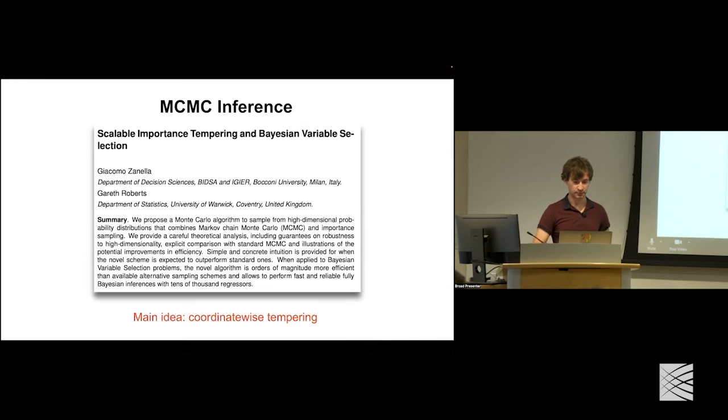But in the last few years, people have come up with a few algorithms that are quite a bit better at doing this. In particular, there's this cool algorithm from Giacomo Zanella and Gareth Roberts. If you're a nerd who's interested in Markov chain Monte Carlo methods, I suggest you read this paper because it's very interesting. But the basic idea is that we have this posterior that we're trying to explore, and it